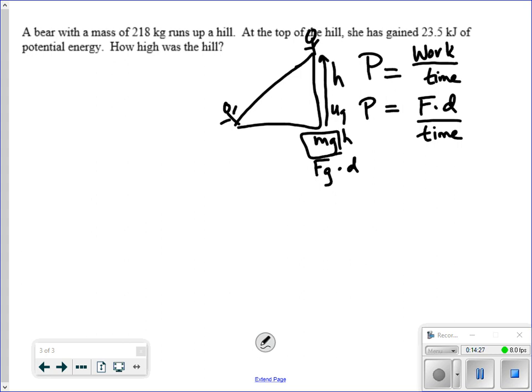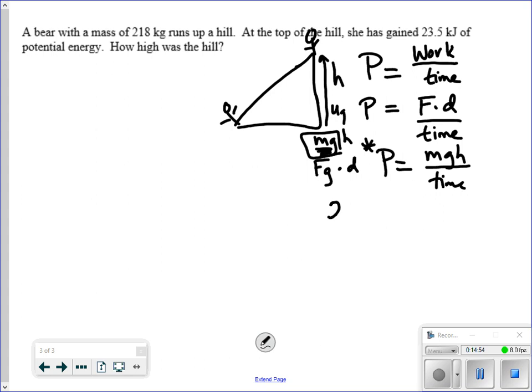So a third possibility when we are lifting something is to say mgh over time. That's if you're just changing potential energy, though. So be careful. It's this type of a situation. And if you think about it, it makes sense, right? The bear is lifting herself against gravity. So that's the force, right? We're just defining it a little more closely. If we're going to work with this definition in this particular problem,